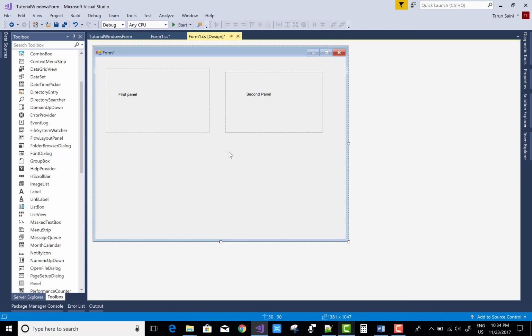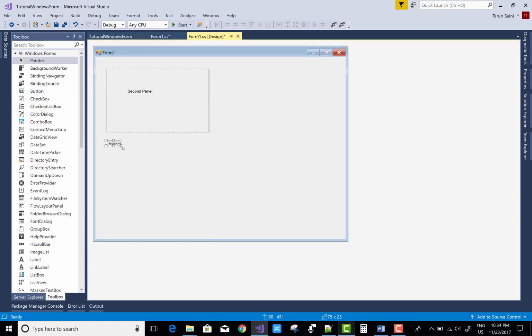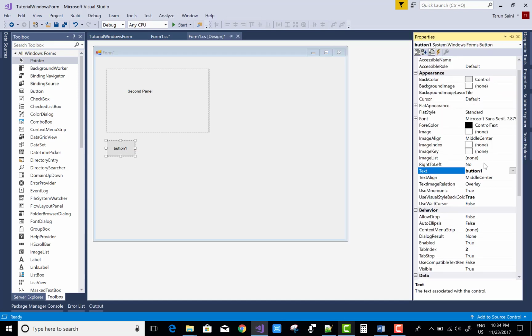Okay, so overlap it. This panel is overlapped onto the other panel, with the same size. So here we have two panels. Similarly, we can design for multiple panels: 1, 2, 3, 4, and so on. So I have two buttons. That is the first button, that is previous, you can say